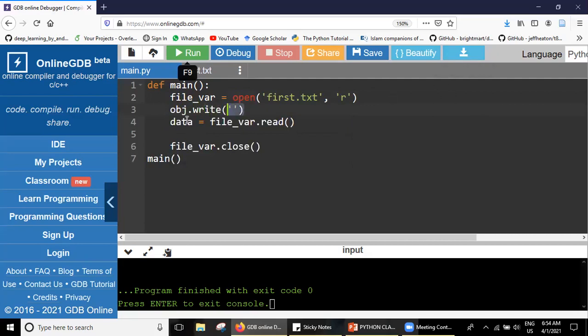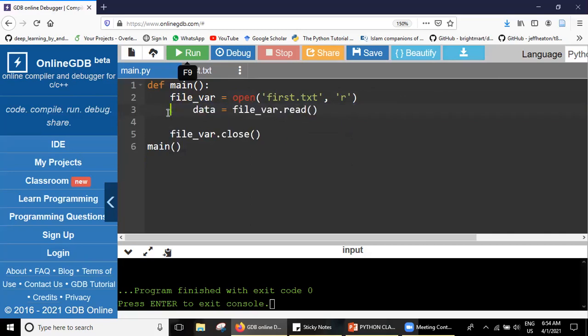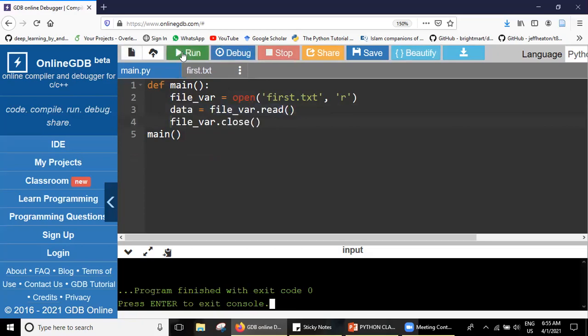But when we are reading, how do we read? Whatever we are reading, we store it in a variable using the file object dot read. Now read does not take any arguments, so it will not have any arguments inside it. After that, we have read this, and I run this.